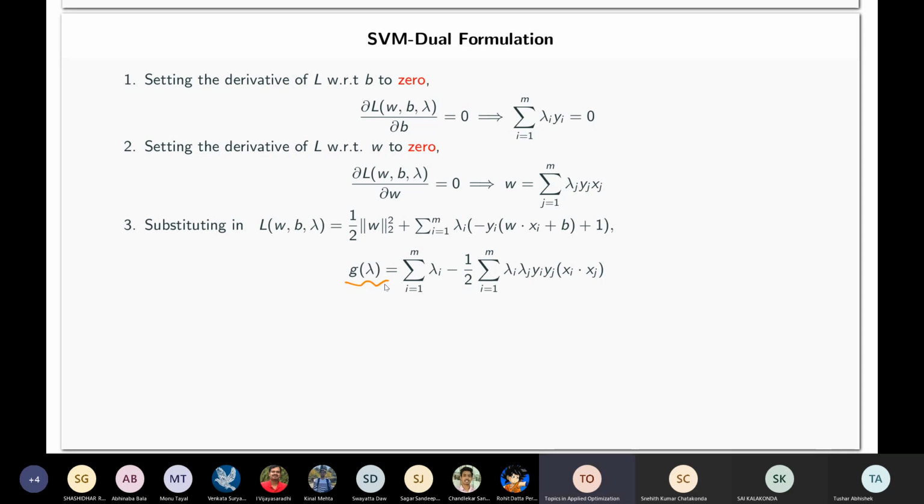Lambda i y i summing to 0 was used here, must have been used somewhere here. So g of lambda will be this, after simplification, and then we have x i and x j. The W we have to substitute here. So if we substitute W, then